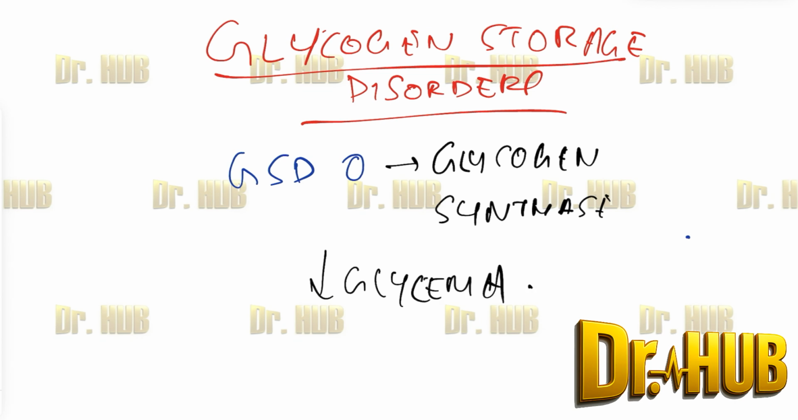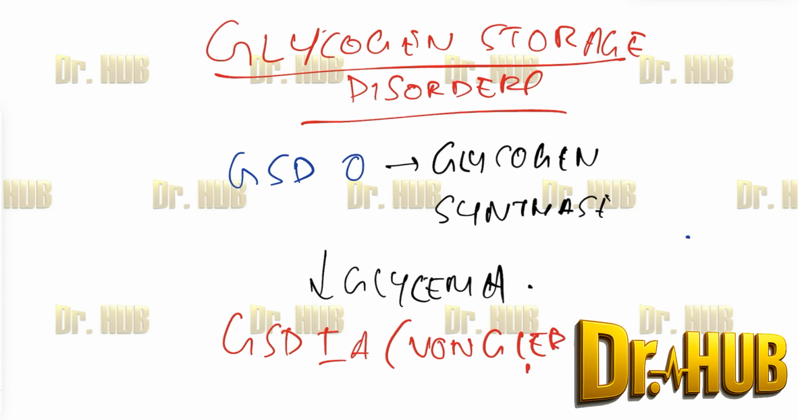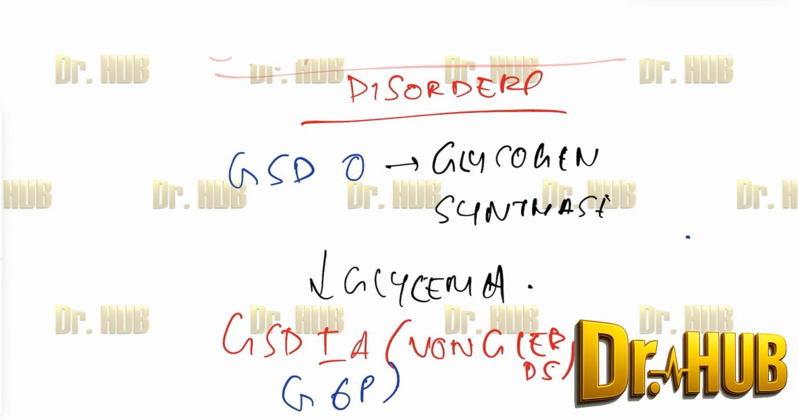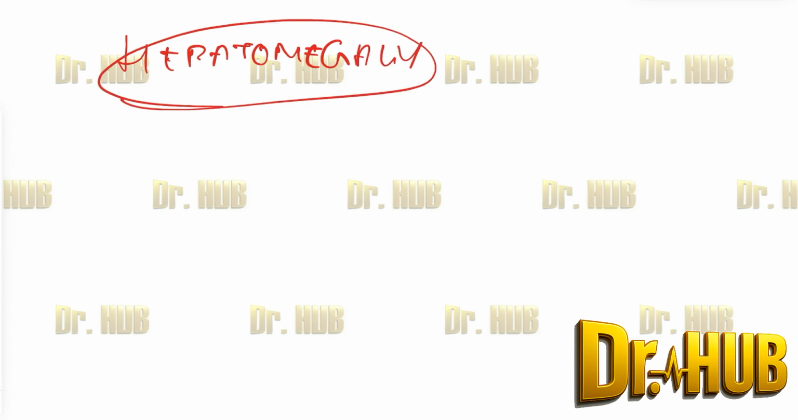Next we look into GSD type 1A. So GSD type 1A was nothing but von Gierke's disease. This was what we had discussed. And this is the defect in G6P, that is glucose 6 phosphatase. Now to just highlight some important points, we spoke about the accumulation of the glycogen. This leads to hepatomegaly or splenomegaly, and this is due to the accumulation of the glycogen. And there can be severe fasting hypoglycemia,